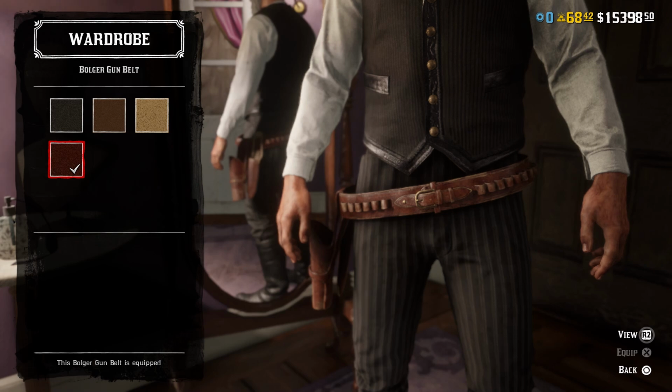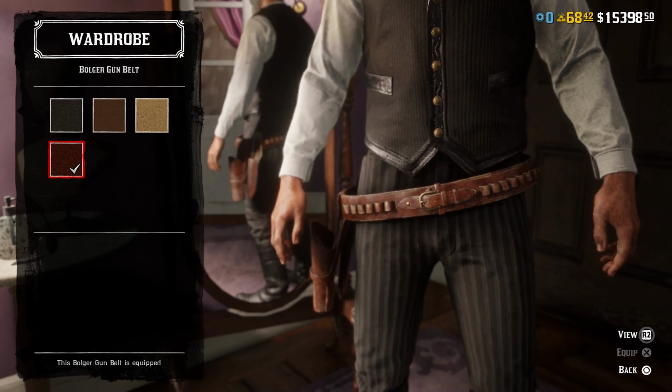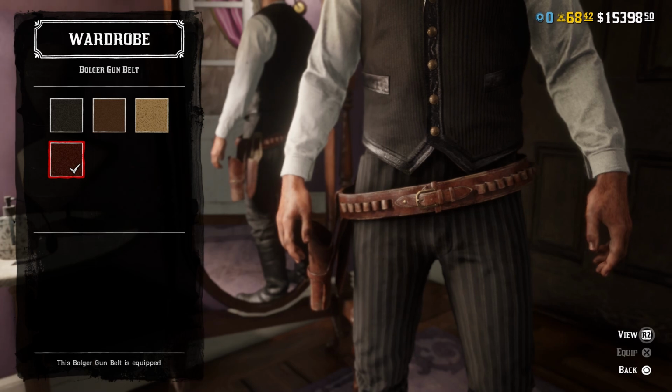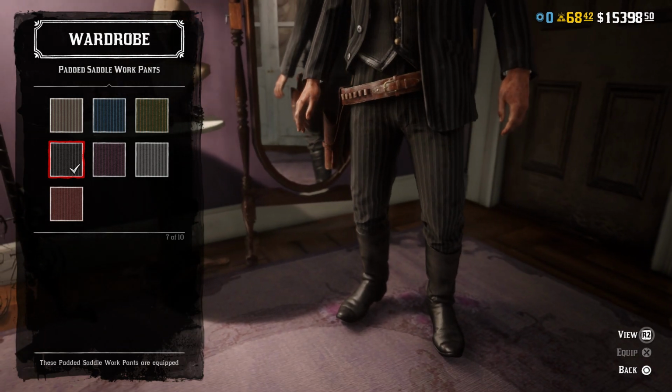It's the same approximate color, and it's plain enough that it looks quite a bit like the one he's wearing, and the belt buckle is approximately the right shape. Now his is a square brass one that is quite a bit bigger than this one, but it's the approximate same color and shape. So for pants, once again, I was forced to go with basically the only option available